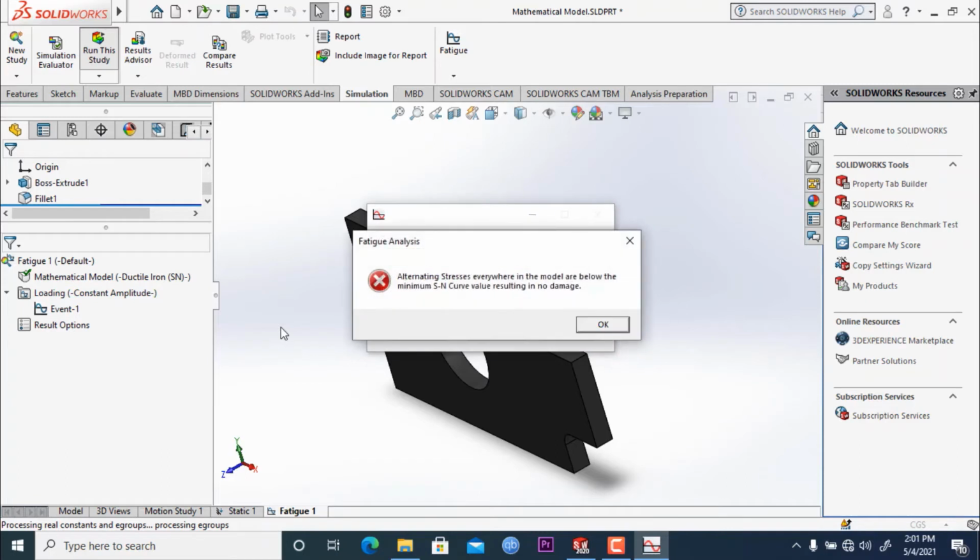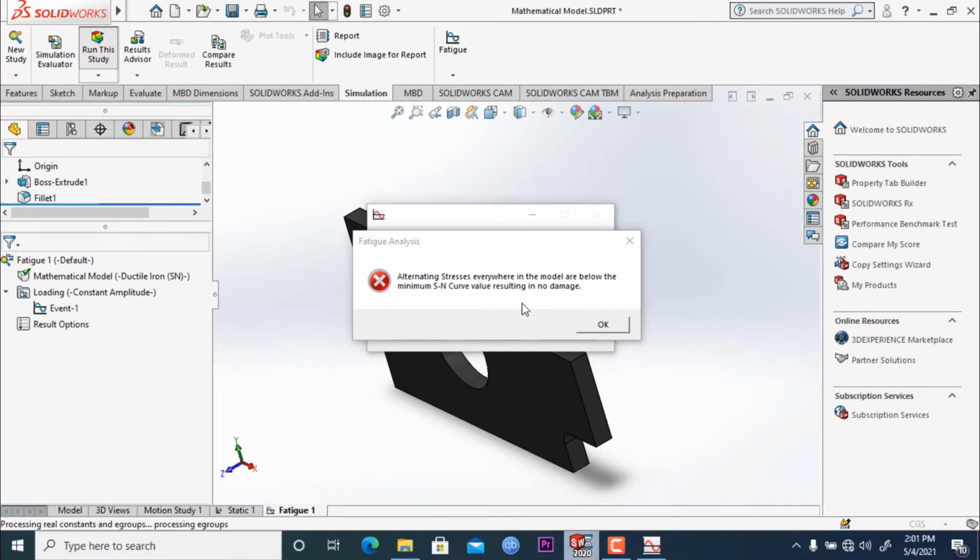Here it is showing that a new pop-up has appeared: alternating stresses everywhere in the model are below the minimum SN curve value, resulting in no damage. As we changed the material and haven't changed the load, it was kept at 11,000 Newton. The load was below the SN curve value, so it will cause no fatigue in this particular model.